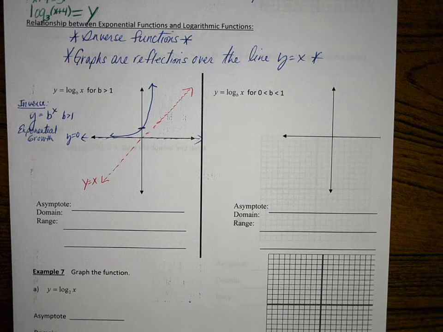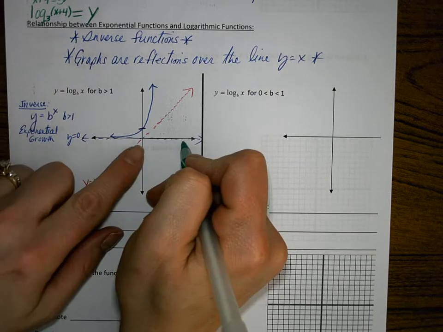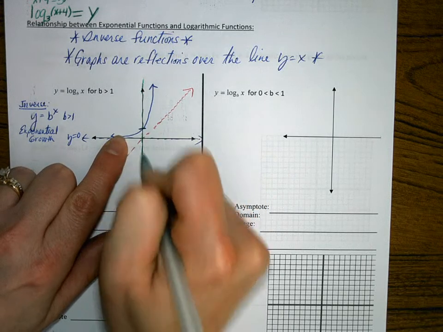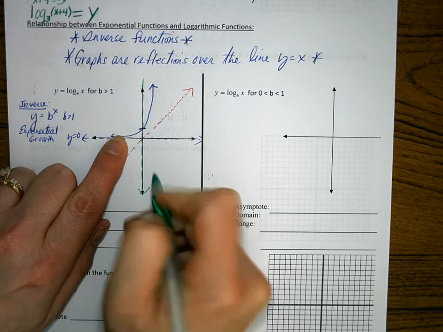Where will my asymptote now be for my log function? Beautiful. Excuse me, did I say that wrong? I said the x-axis, didn't I? The exponential function's asymptote is the x-axis, so my logarithmic function's will be the y-axis. Absolutely. If I flip over that line of y equals x, I'm going to be at x is equal to 0